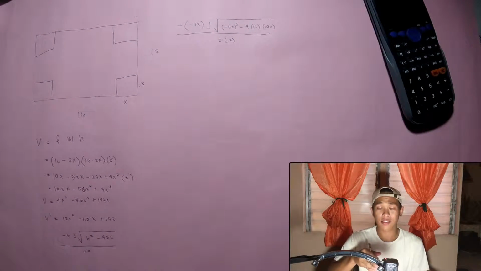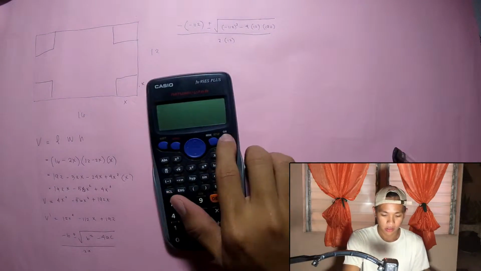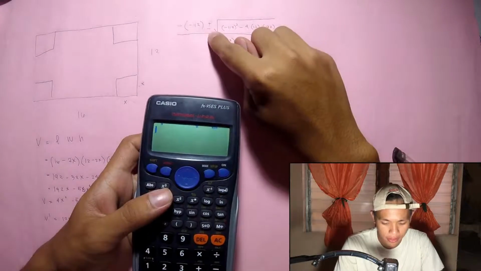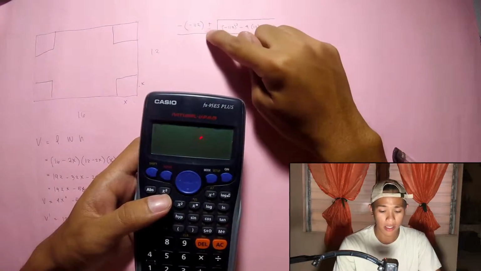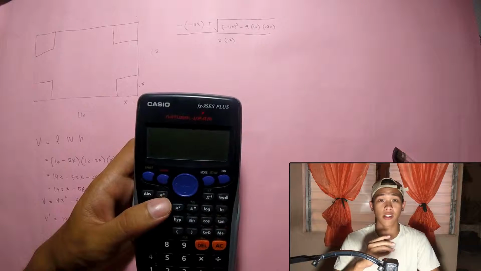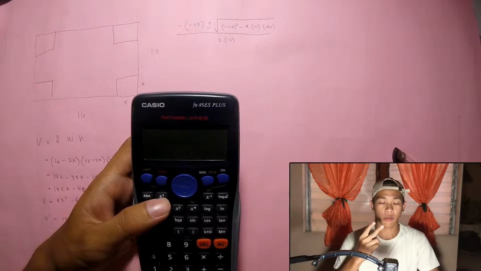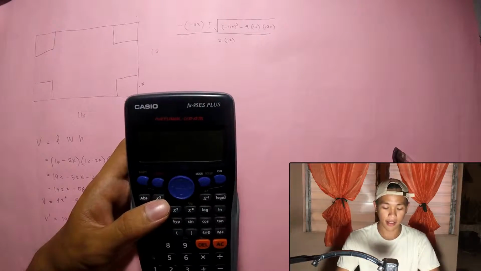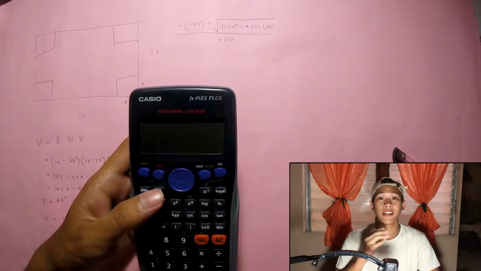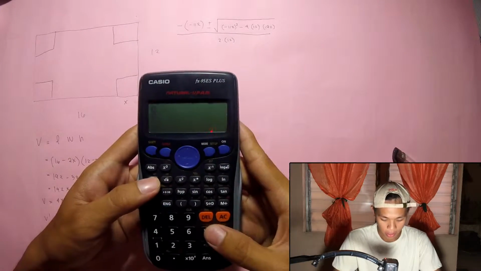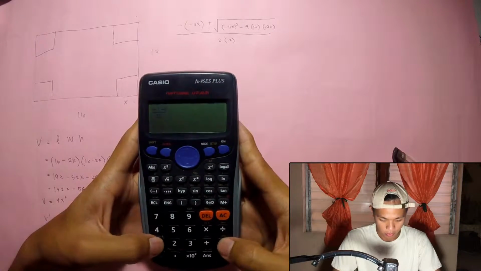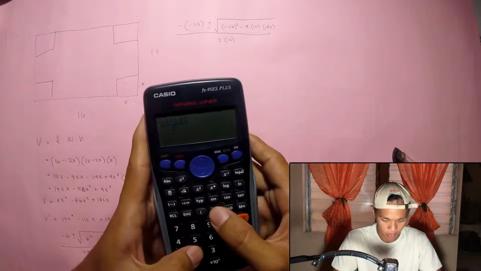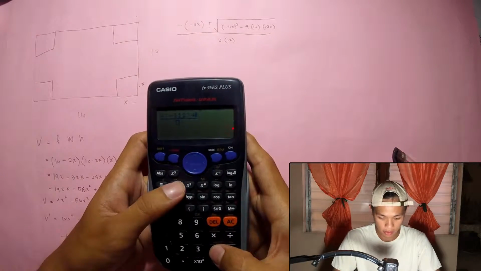Since this is very hard to answer using our mind, let us use our calculator. As you can see over here, there is the plus minus. It's okay to use the calculator and then solve it in two ways. First, we can solve it by using the plus sign, and second, let us use the minus sign. So we have negative 112, then over here plus the square root of